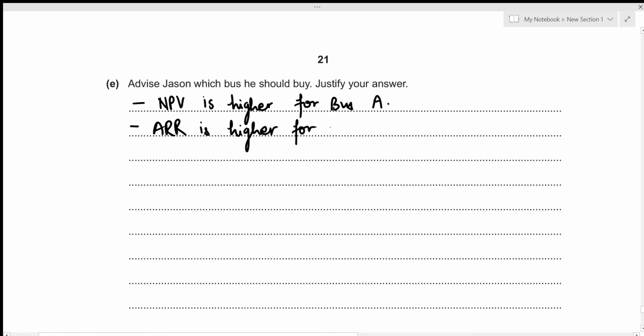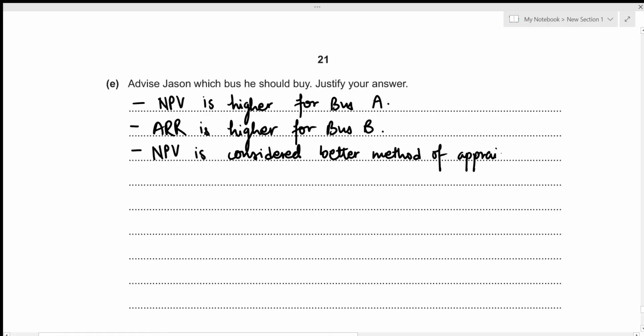for bus B. But what we know is that net present value is considered better method of appraisal. So we can write it down as well. Net present value is considered better method of appraisal. We can also compare our initial investments, right? And the initial investment for bus A was way higher than bus B. You can write it down as well. Initial investment for bus A is higher